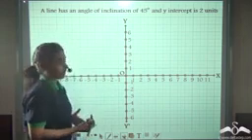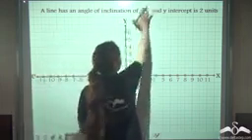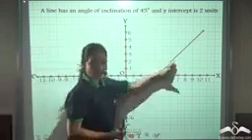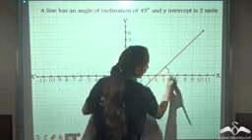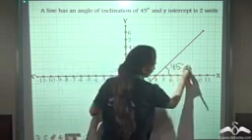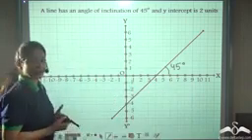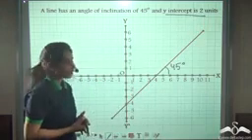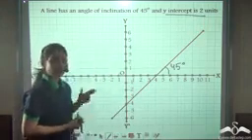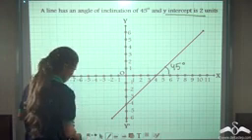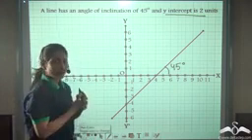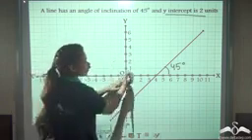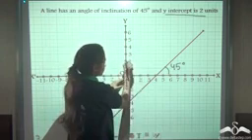Well, let me draw a line with the angle of inclination as 45. Here I have just taken a random line whose angle of inclination is 45 degrees. But we have been given another information that the y-intercept is 2 units. Can you tell me which point here has the y-intercept as 2 units? Well, y-intercept 2 units means 2 units on the y-axis. So positive 2, so 1, 2, this point.